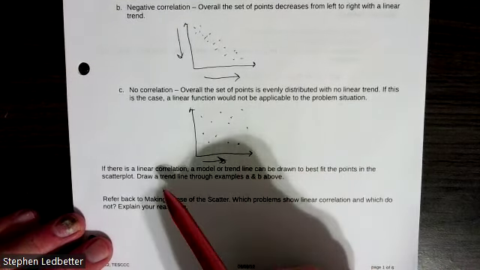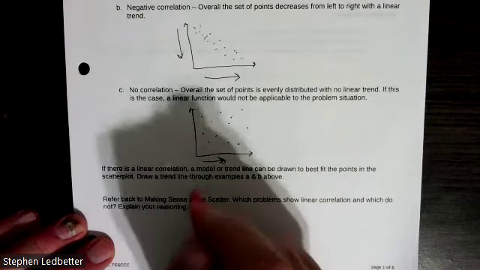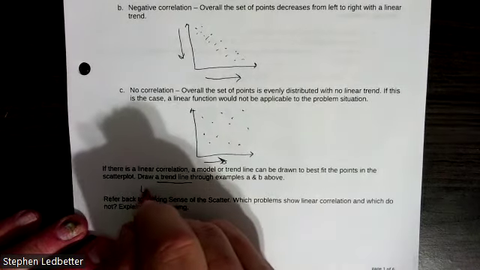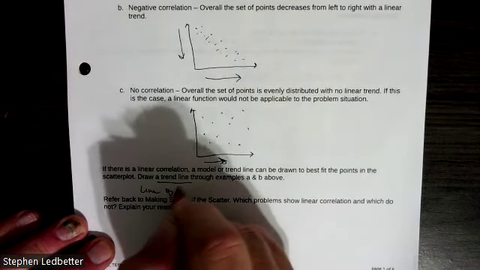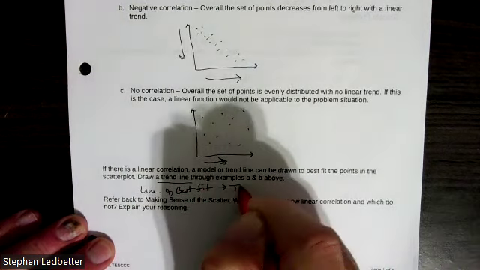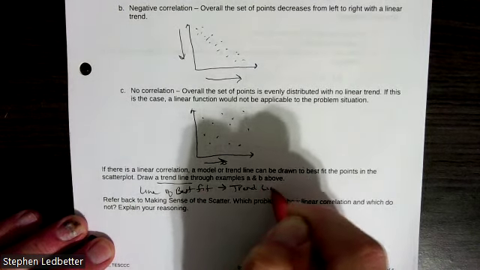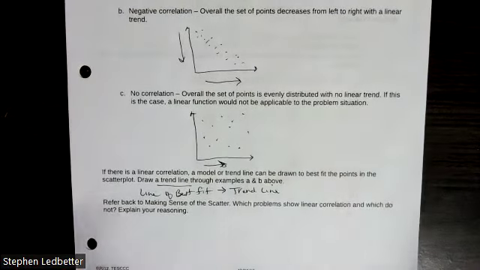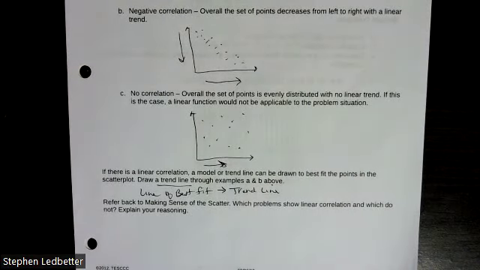So we talked about this in class. Draw a trend line. A trend line is another word for line of best fit. They are the exact same thing. So I'm going to draw a trend line. The way you do a trend line, I don't have a ruler on me, so I'm going to try to use